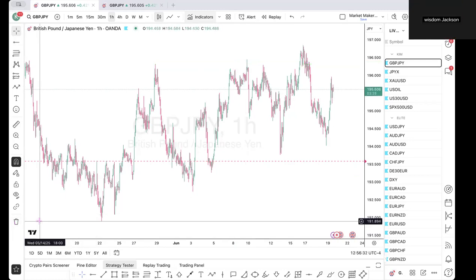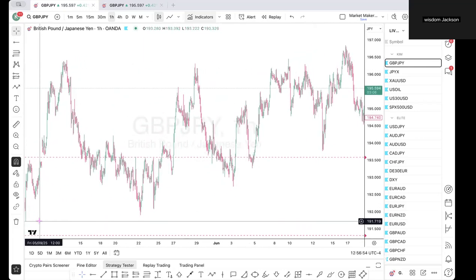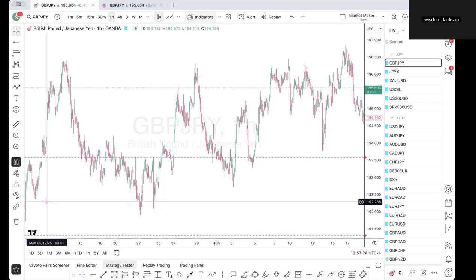Yes, wisdom. Okay, I just want to get your confirmation on this. When I was discussing structure with someone, he says, if a structure is broken, maybe on the bearish trend where you're having lower highs and lower lows, for a lower low to be taken, it should give a healthy candle close below the last swing. Someone told me about structure that it's better in this way. I don't know if it agrees with your own understanding of how you see it. For example, if you are in a bearish trend that is making lower highs and lower lows,